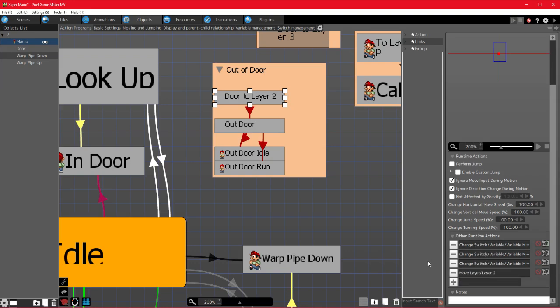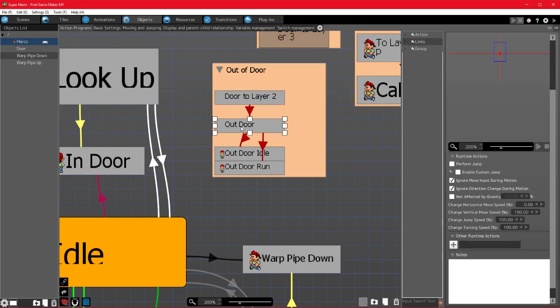Let's cut this one for now. Outdoor. There's no move input. Move input for that. Maybe I don't need it to ignore move input. Maybe that's a bad idea. Ignores direction change, but it's also got the horizontal move speed to 0, so